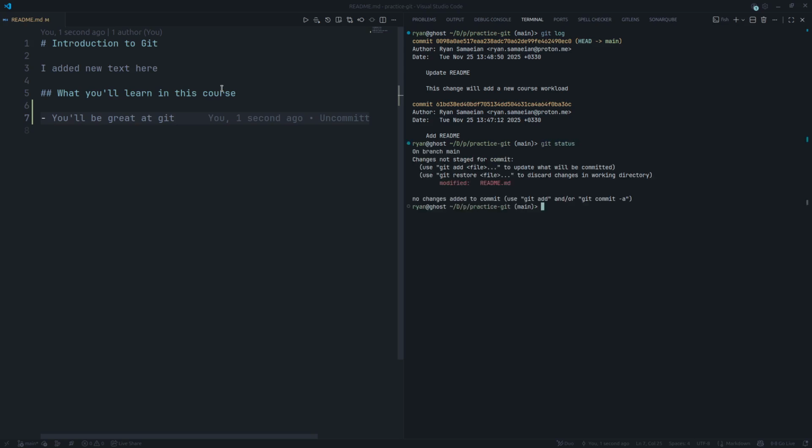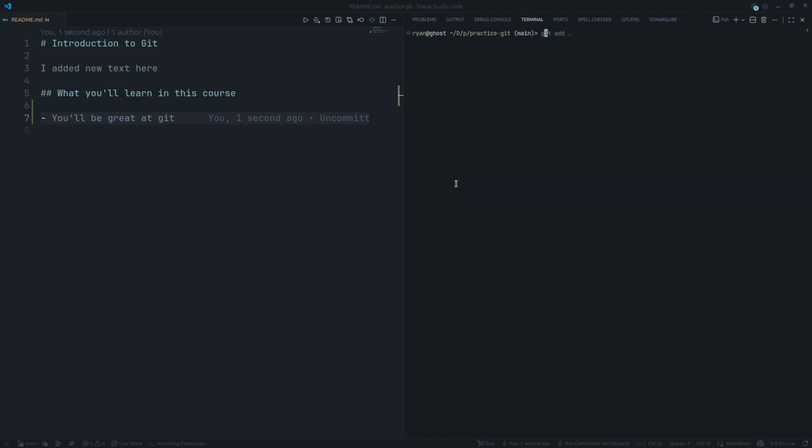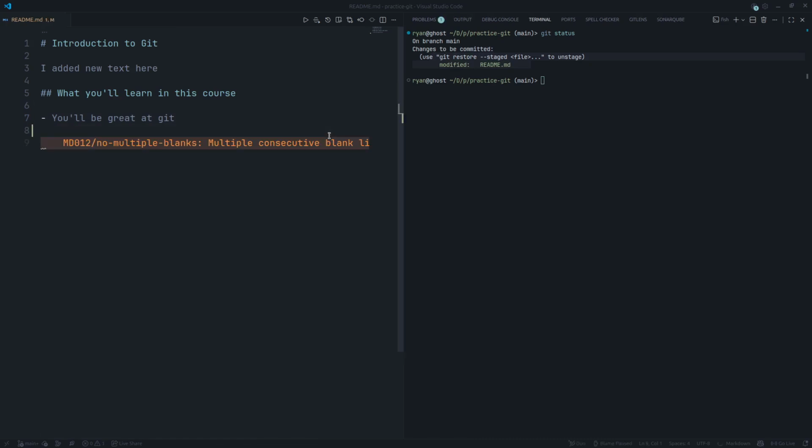We can use a git status. So git status is telling us, hey, you have made a new change. So now you have to git add that commit, you have to add or track the changes. And now that you've tracked the changes, you can do a git commit, and then, well, let's just do a git add and then see the status. So now it's saying, hey, we have this modified, we've modified readme,